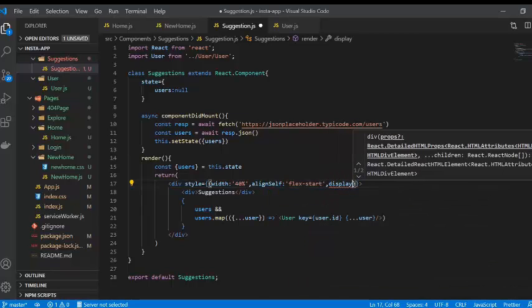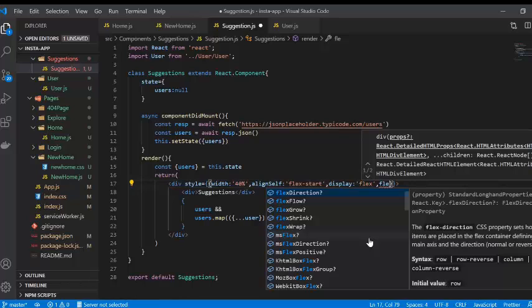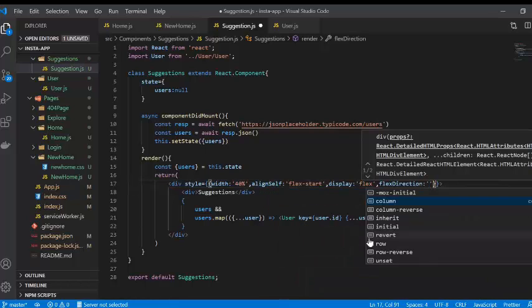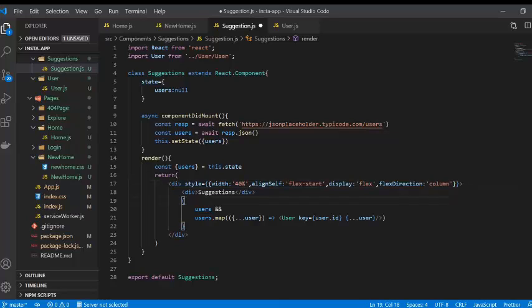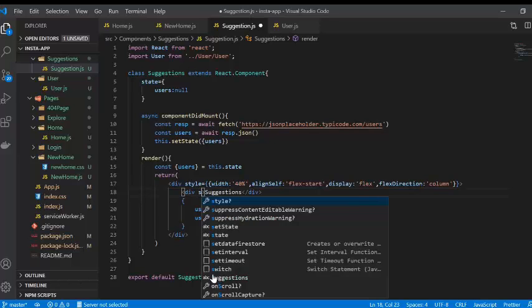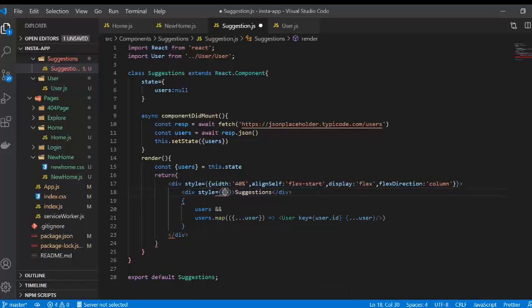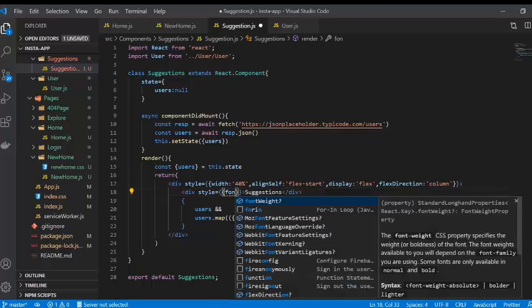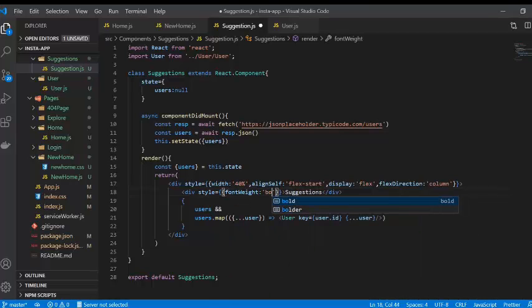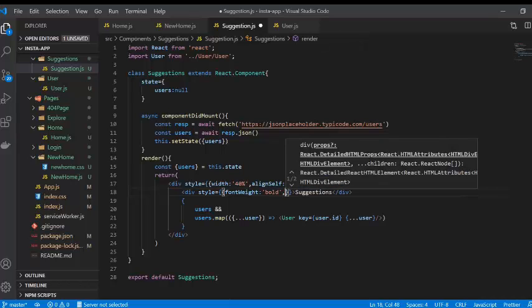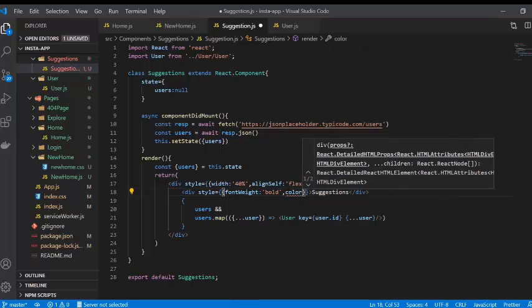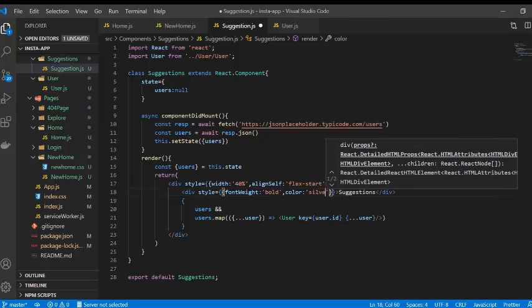And also to be display flex, and flex direction to be column. So that's what we need in here. And also giving this styling also, font weight to be bold, and also the color to be silver,